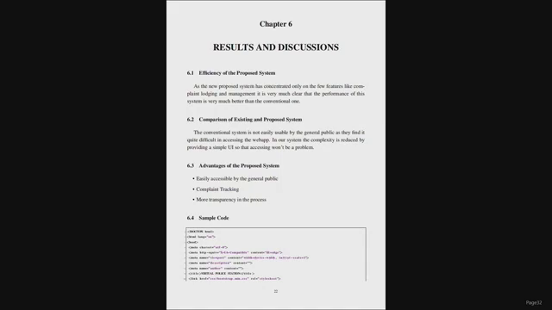In our system, the complexity is reduced by providing a simple UI so that accessing won't be a problem. Advantages of the proposed system: easily accessible by the general public, complaint tracking, and more transparency in the process.